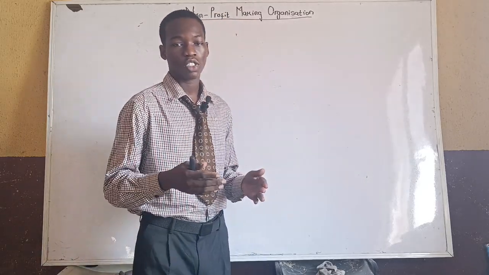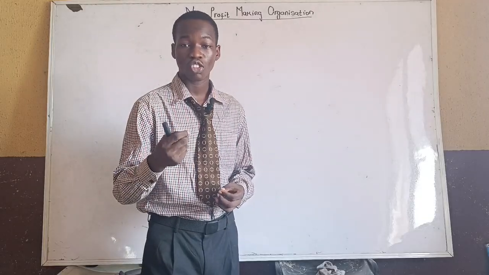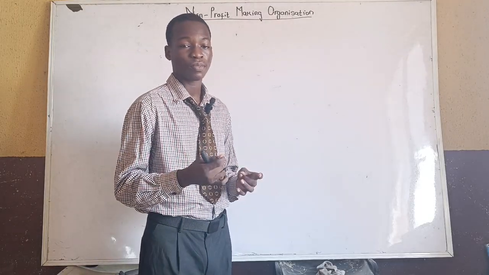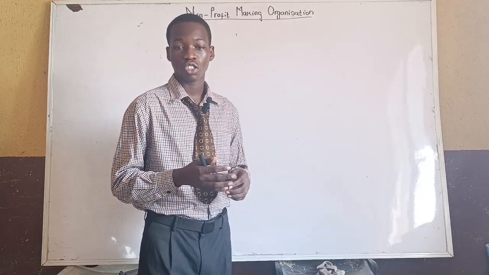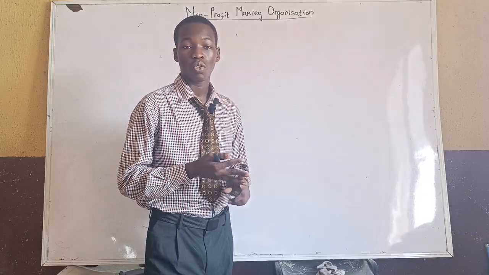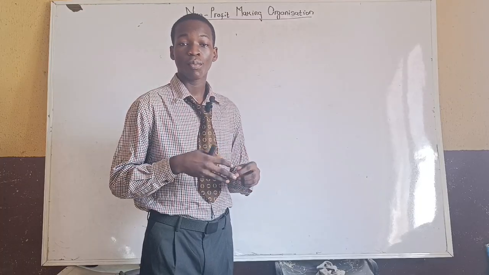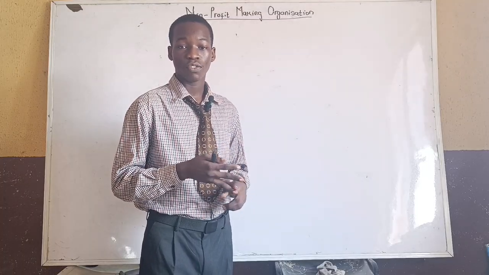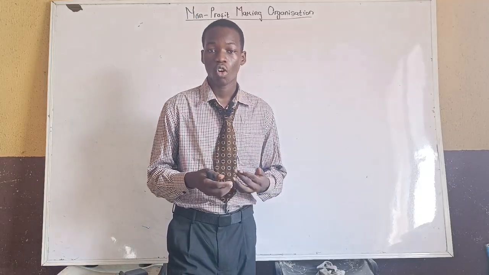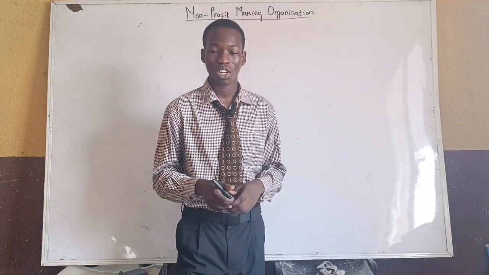We are now talking about the features. As I said, from the definition, you can bring out some features of non-for-profit making organization. So these are notes on non-for-profit making organization. The number one feature there is that it's not created to make profit, right? Also, contributions, or the money used to run the organization, is from members' contributions, because the members are going to pay subscription or annual dues and so on like that.